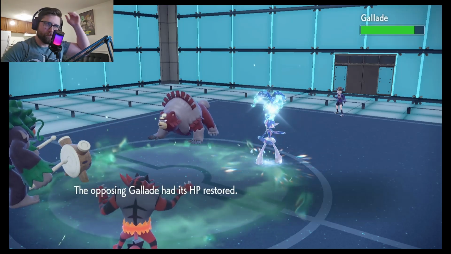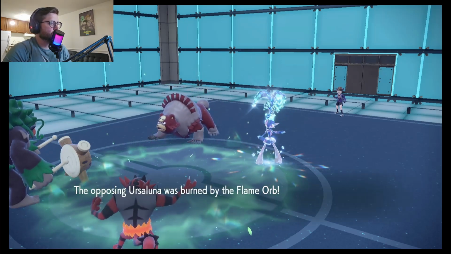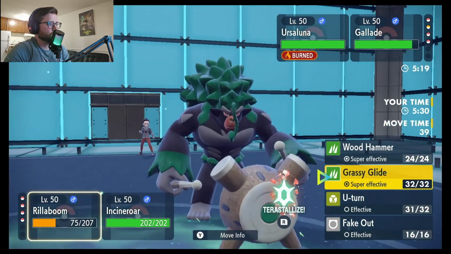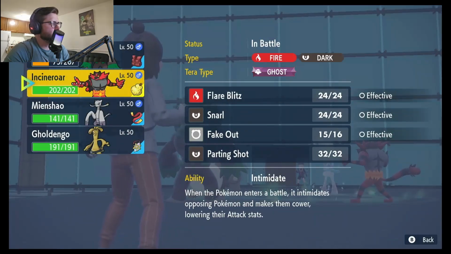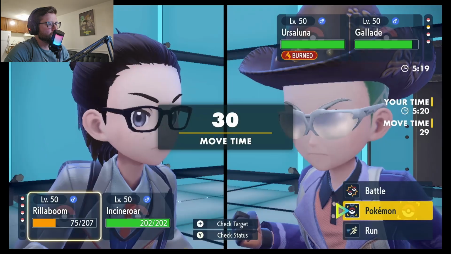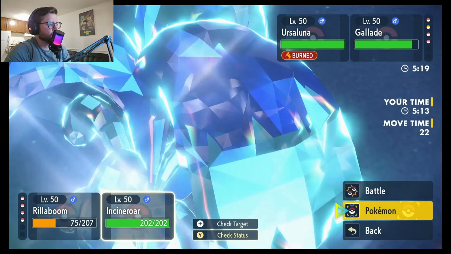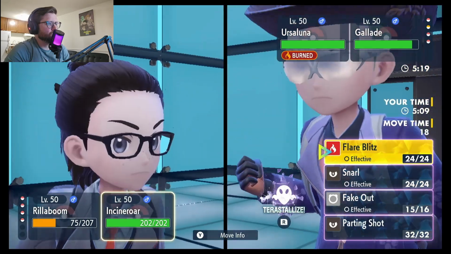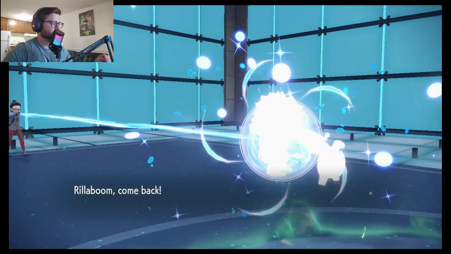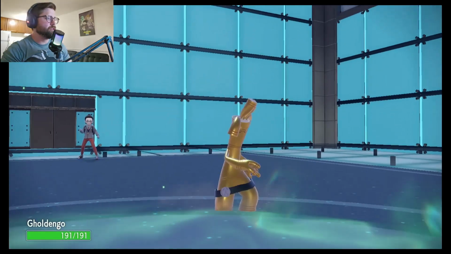Okay, so here's the rub. They can swap into Indeedee and stop a fake out. Personally, how many more turns of Trick Room are there? Or they can go for an attack here, too. So I kind of want to swap into Gholdengo. Terra Ghost. Parting Shot? The Ursaluna. I'm hoping to go for a Facade this turn. Then the following turn, I can bring in...